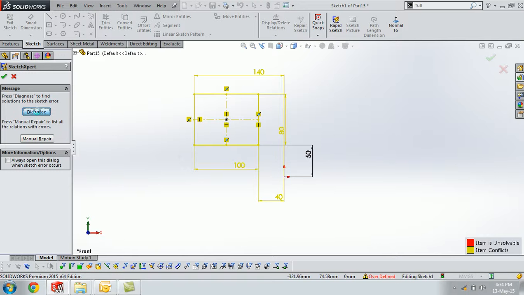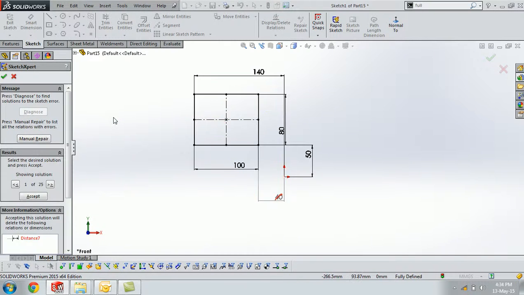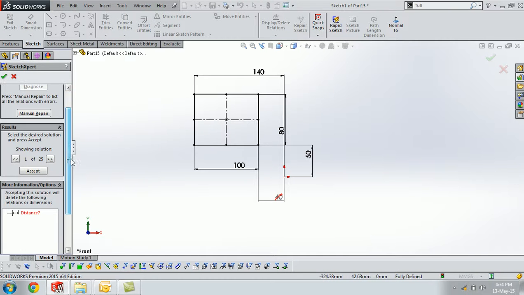When I go for the diagnose option, it suggests solutions which can be chosen by me, that is, which dimensions can be deleted. Here I have 25 solutions. The first solution is that I can delete this 40 dimension, the second one is I can delete this 140 option. You can see the red color mark over here.